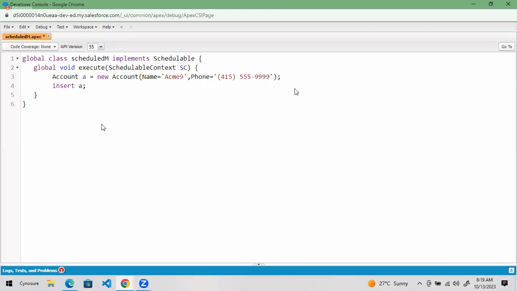How to write? This is schedulable, right? In schedulable,